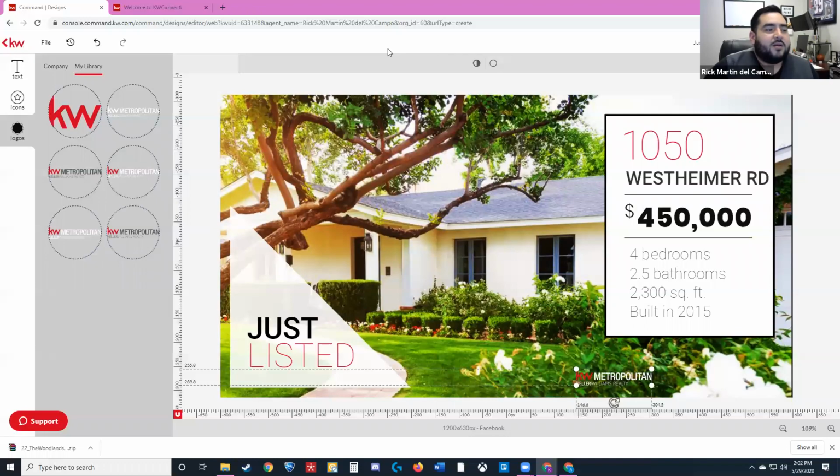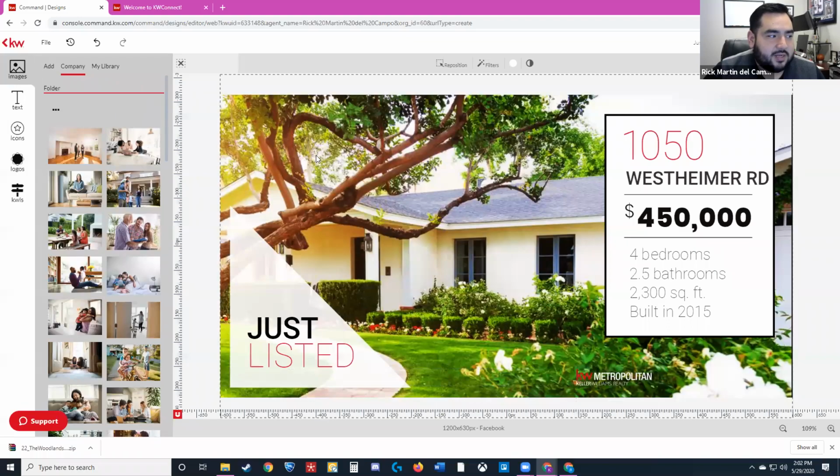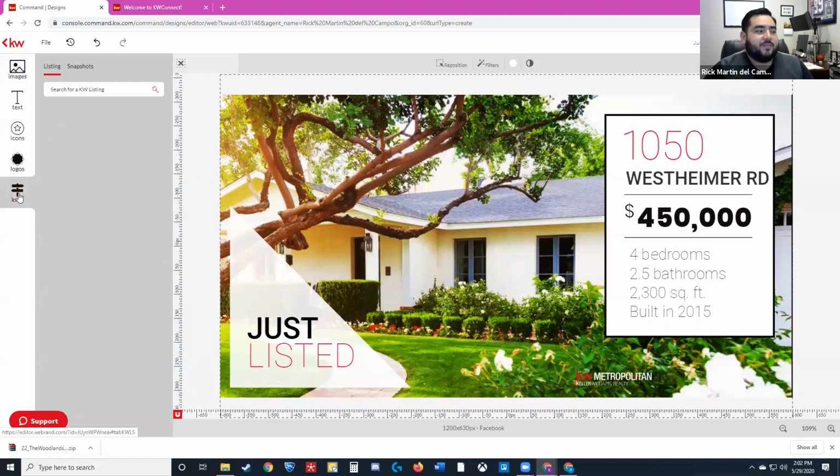So this is why I love Command way over Canva or any of the other ones. They might seem a little easier, but this is a lot more effective. This is where the value proposition from Command truly shines. I mentioned earlier, when you click the image, this image toolbar will show up. When I'm not clicking the image, it disappears. But you'll notice at the very bottom, there's a KWLS button. If you haven't seen this, this is by far my favorite thing.